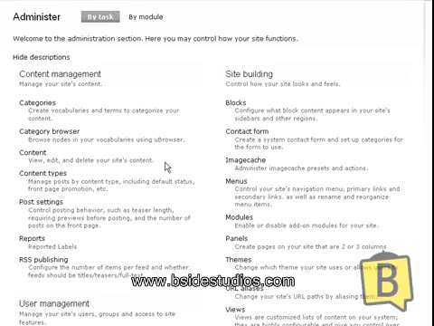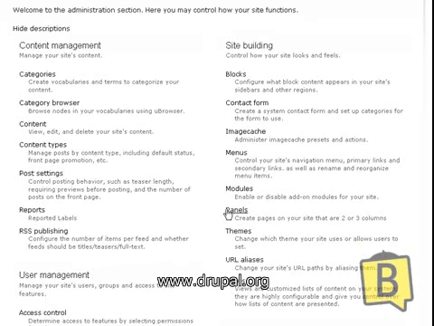Today we're going to be talking about Drupal, more specifically about a module called Panels. This is an open source CMS software you can download at drupal.org. The Panels module is on